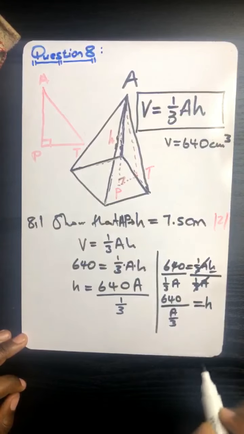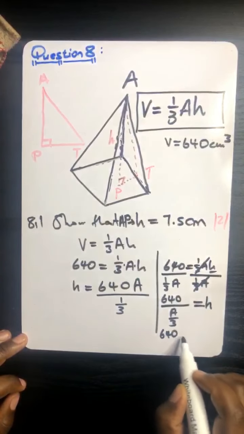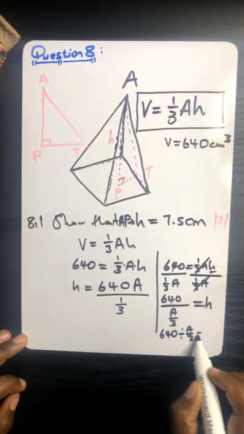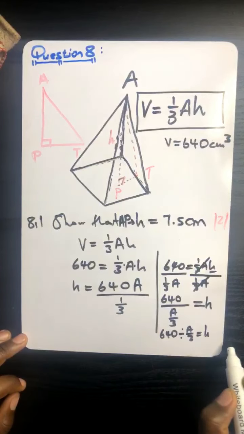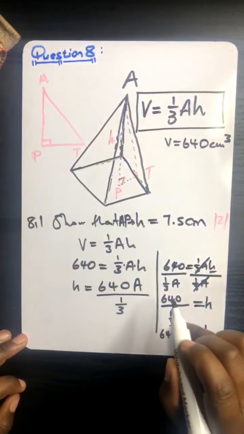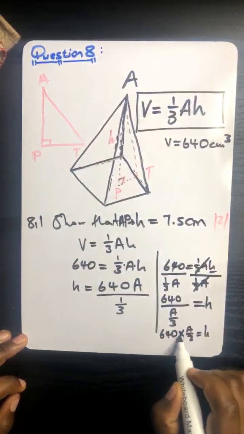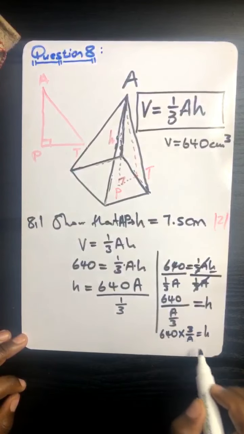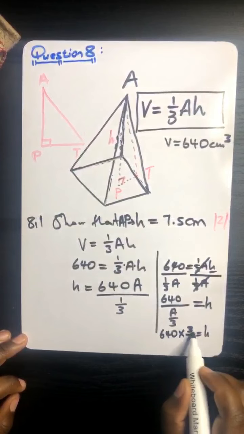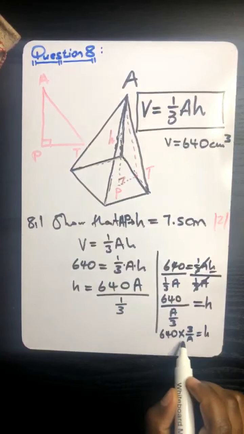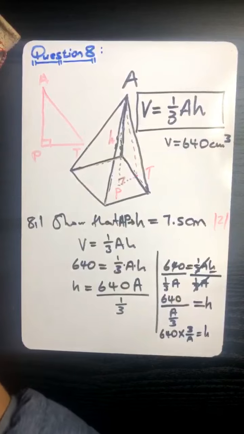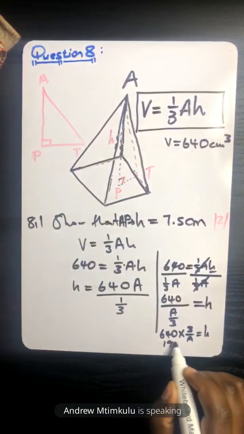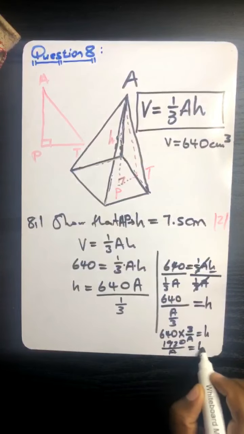Maybe let's further simplify this thing. So this is more like 640 divided by a over 3 being equals to h. So you change that to be a multiplication sign, then this comes to the top, then you get 3 over a. So it's actually this times that over a. Let's see, 640 times 3. So you actually have 1920 over a is equals to